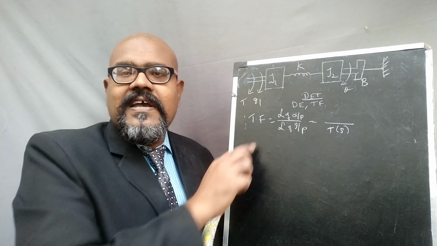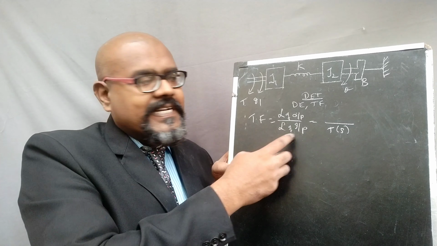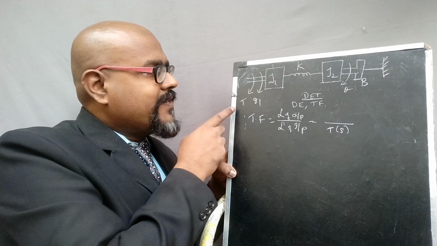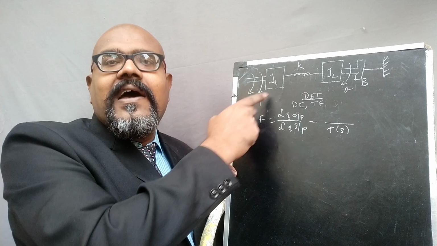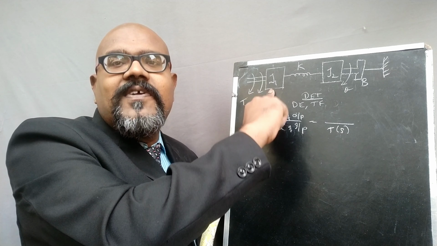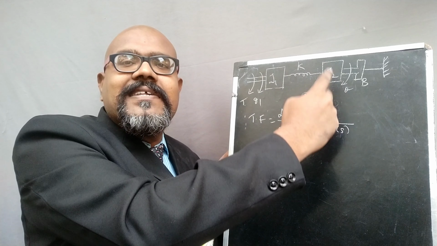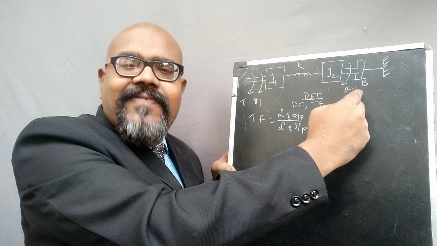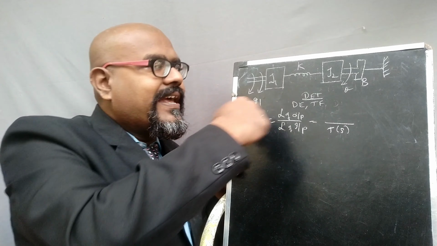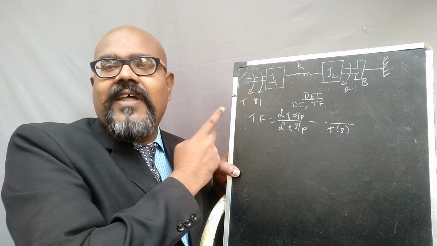Why am I putting T of S? We need to convert this T into the Laplace transform, so the conversion is T of S. Then where is the output? Once you apply the torque here, theta 1 is the initial displacement. Then the displacement is transferred from J1 to J2, it attains some acceleration and velocity, and it attains the final displacement theta. So theta is the final displacement attained by this system because of the input.